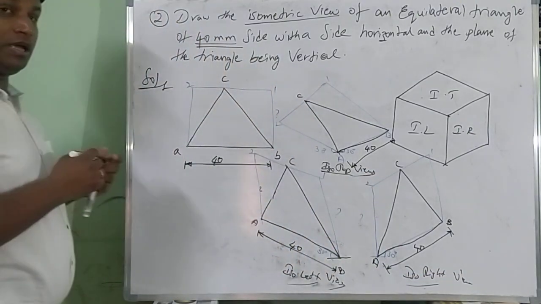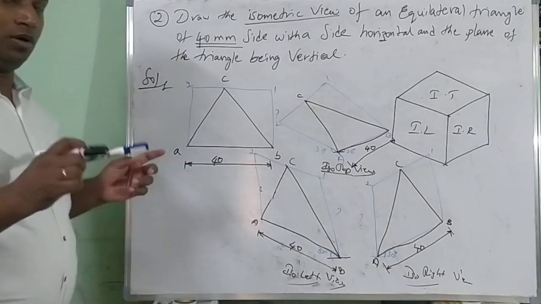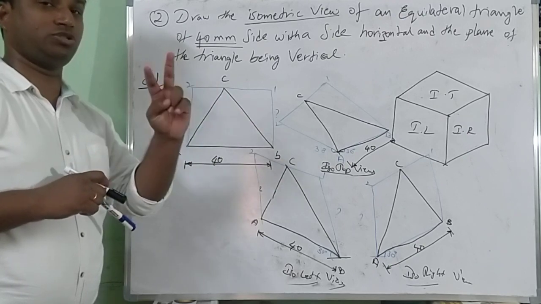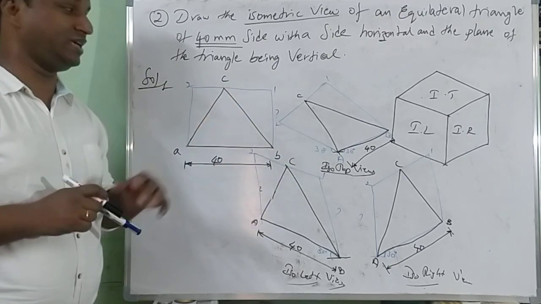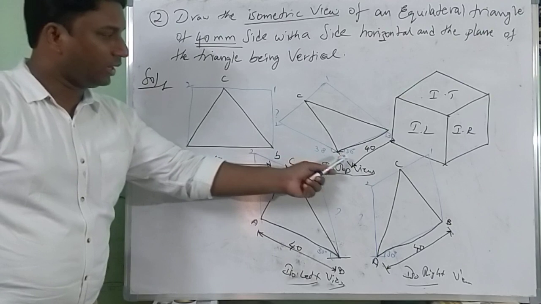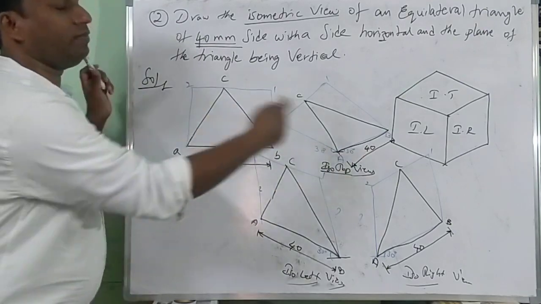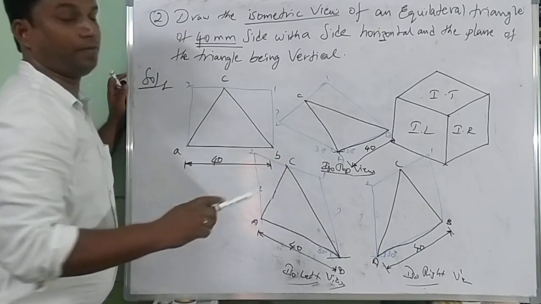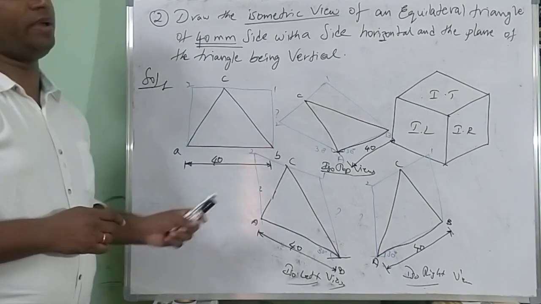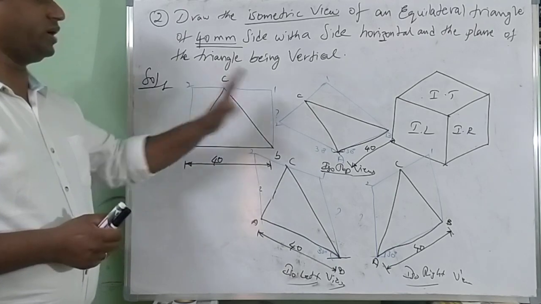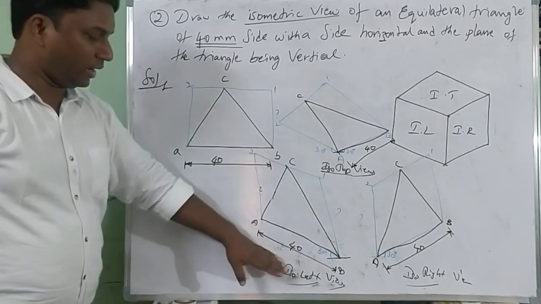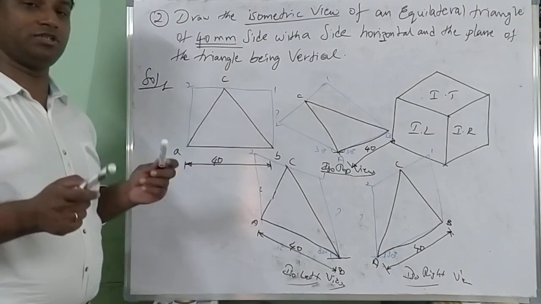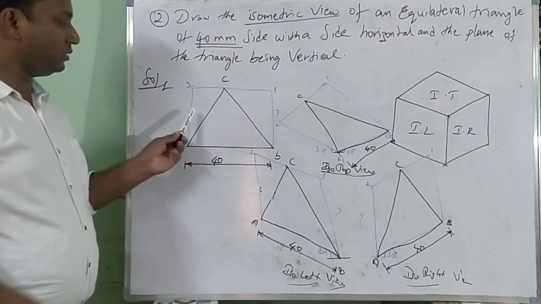See here, previously, if you remember from the first problem, we discussed the rectangle may happen with respect to horizontal in two ways, using length and breadth exchange. Here also you can do the same, right? 40 with respect to A came on the right side. Now 40 with respect to B comes on the left side. But think here, as nothing is mentioned in the question, you can directly use only three views: iso left, iso right, and iso top. Simple answer. Remember the difference between the previous problem and this problem is the box method.